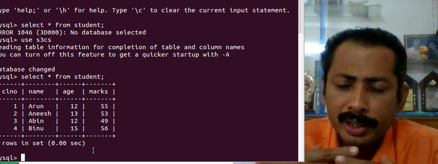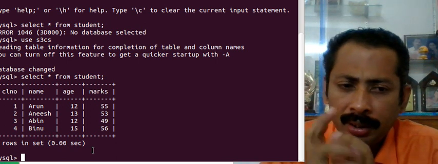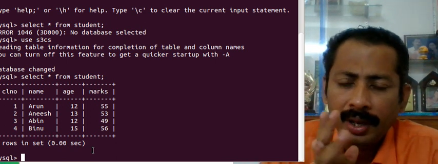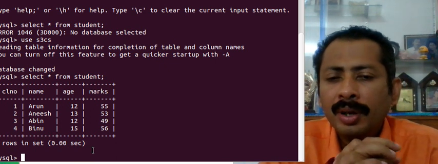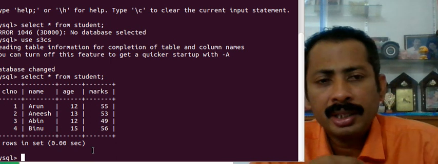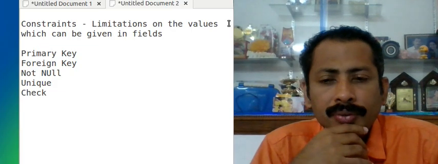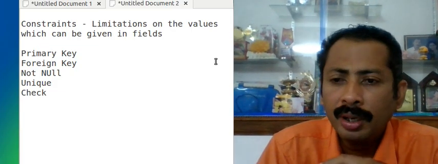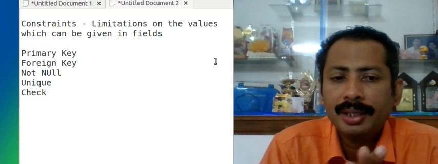So in order to ensure that the field does not have any duplicates, we are going for this type of constraint. The two types of constraints we can follow are primary key and unique in this case.